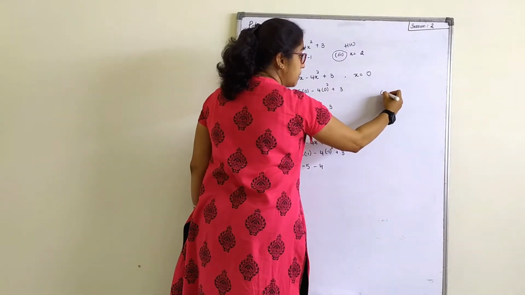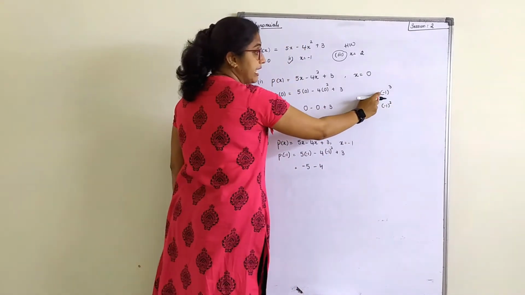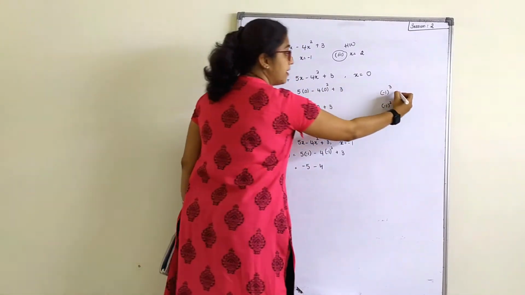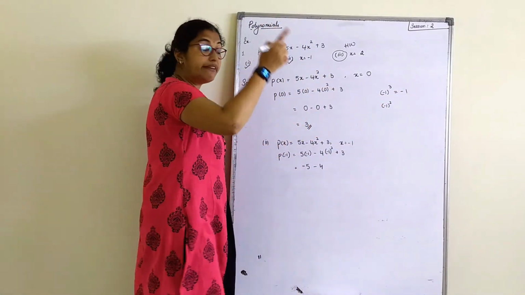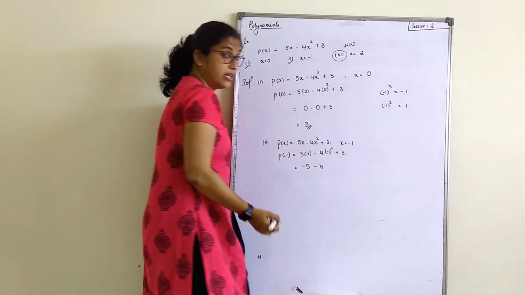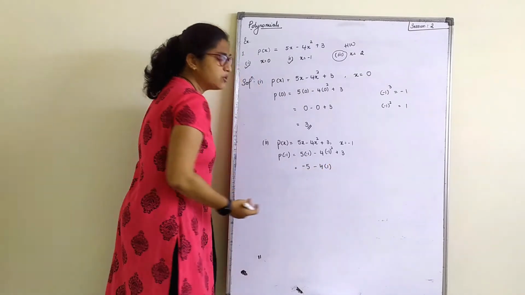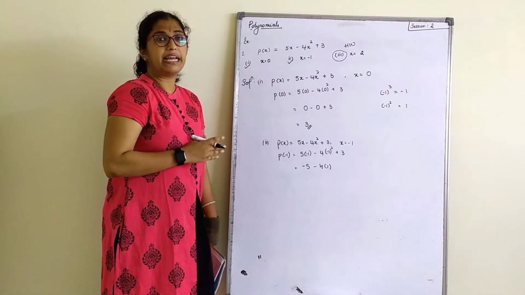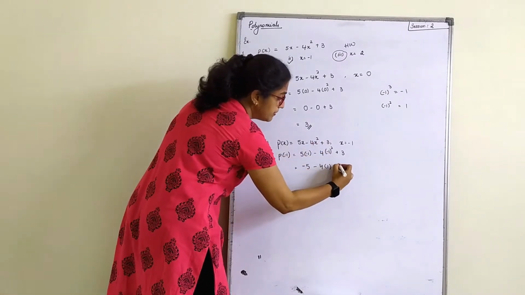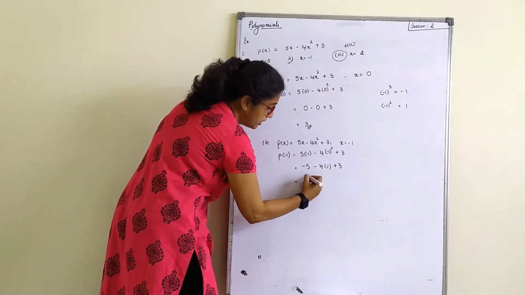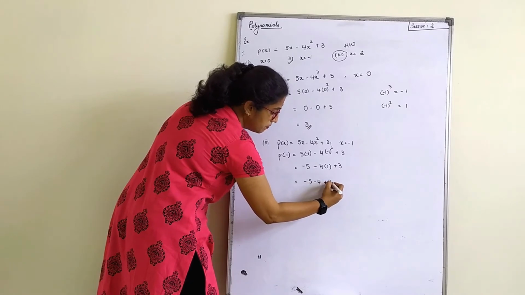Suppose this was minus 1 raised to 3 and minus 1 raised to 2. A negative number raised to an odd power, the answer is negative only. A negative number raised to an even power, the answer is 1. That is positive, right? So I will write 1 again. See, it is very easy for me to directly write the step, but I will be elaborating in smaller and smaller steps. Plus 3. Correct? So it is plus 1 here. Minus 5 as it is. Minus 4 as it is, plus 3.